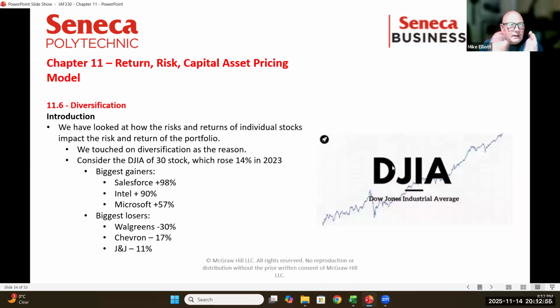So that's where we got to. We touched on diversification as the reason for why we create portfolios. Because what we're trying to say is, I want all the benefits of having great moves in my portfolio, but I'm trying to limit the downsides. To limit the downsides, I have to give up some of the upsides. There's nothing for free, but that's fine. As long as I can create a portfolio that gives me a return that's acceptable with a risk profile that's also acceptable, then I can accomplish that using diversification.